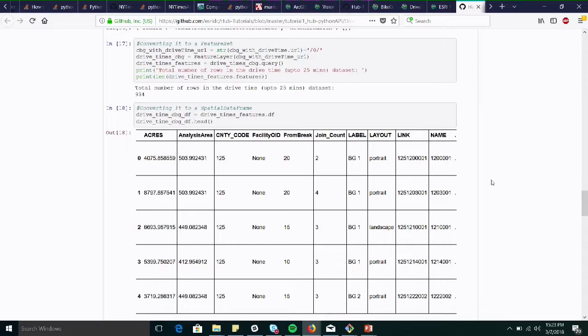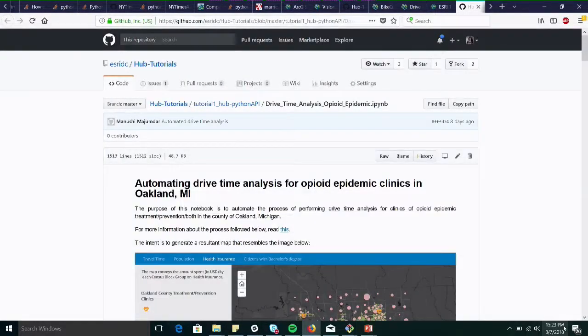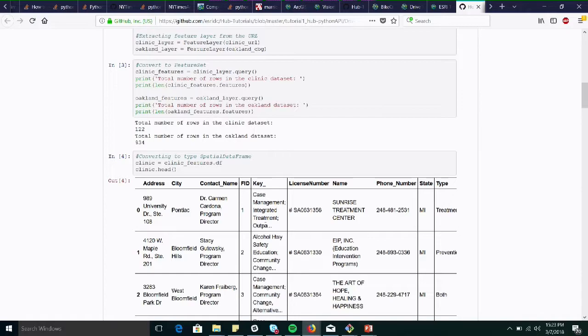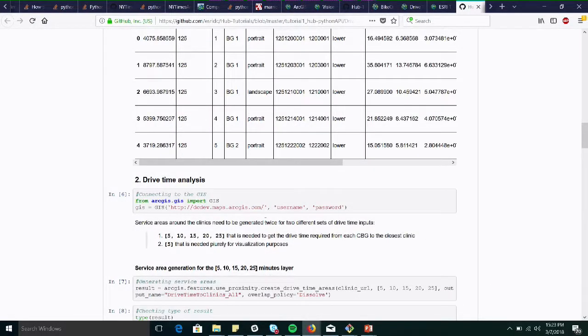We scripted it entirely using the ArcGIS API for Python. All you need to do here is get the URLs for your clinic data set, as well as the census block groups for your particular city or town. Having done that, you just need to follow along and see how you bring in the data, perform drive time